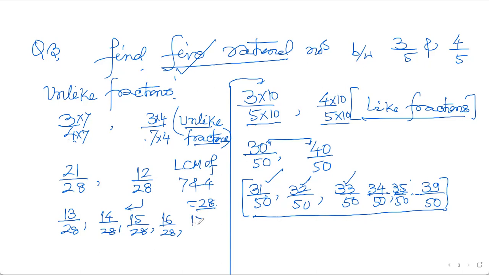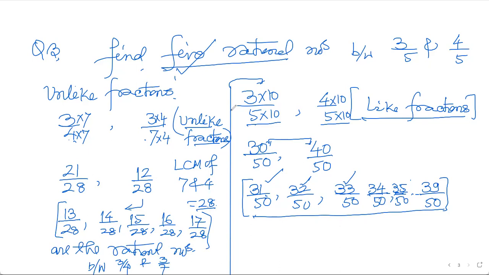16 and 17 by 28 are the rational numbers between 3 by 4 and 3 by 7. So you might be clear now. If they are like fractions, meaning having the same denominator,